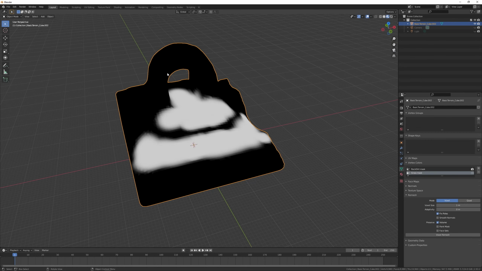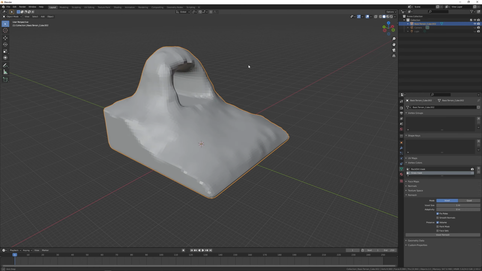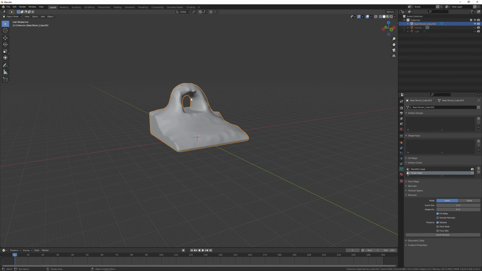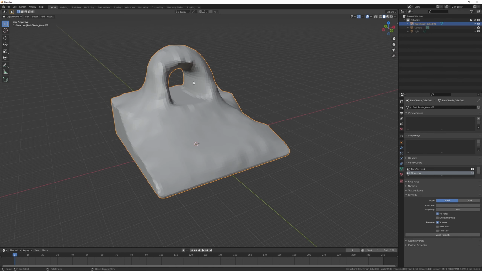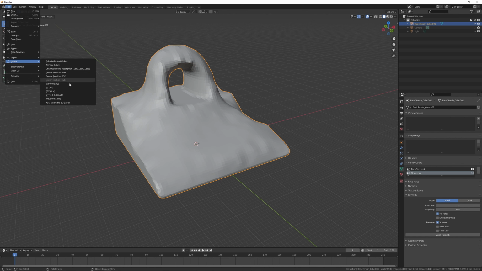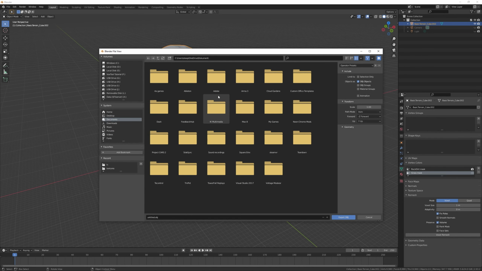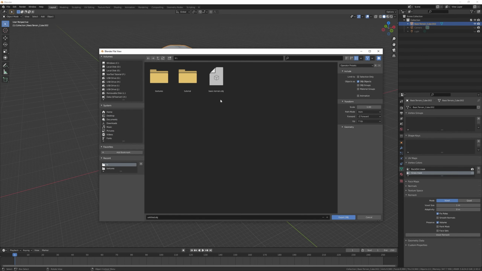And the final step I'm going to do is we change the vertex density of this object. So I'm going to select it, export, OBJ, export it here, delete that one. Was the old one I used to import.